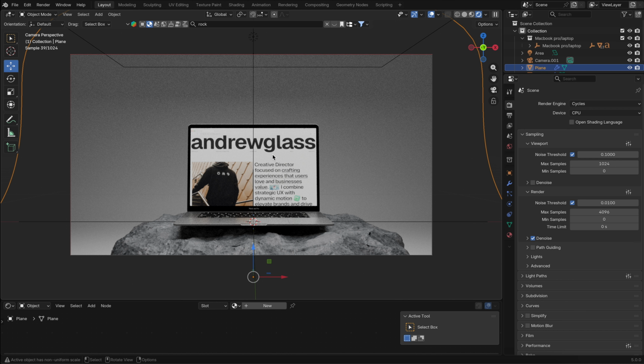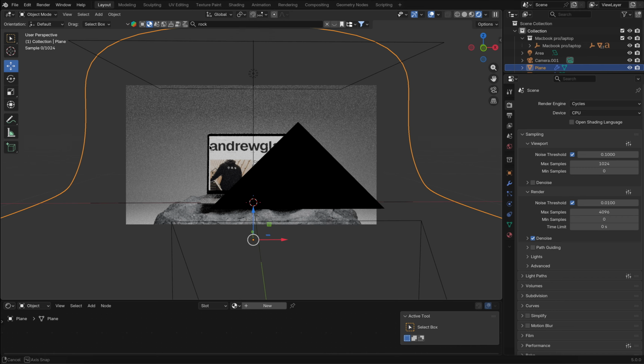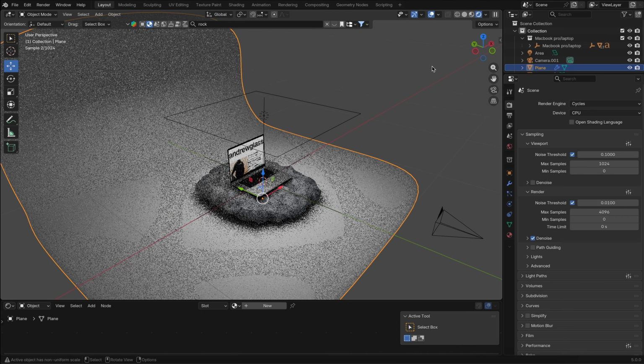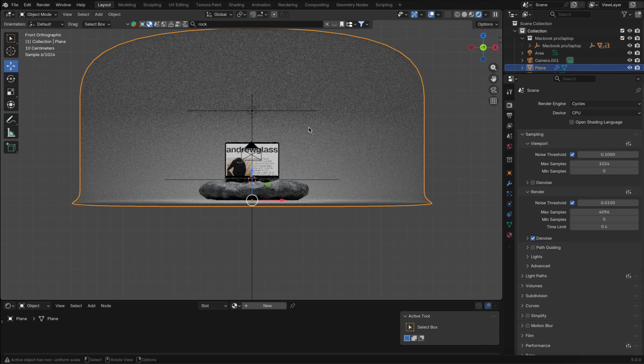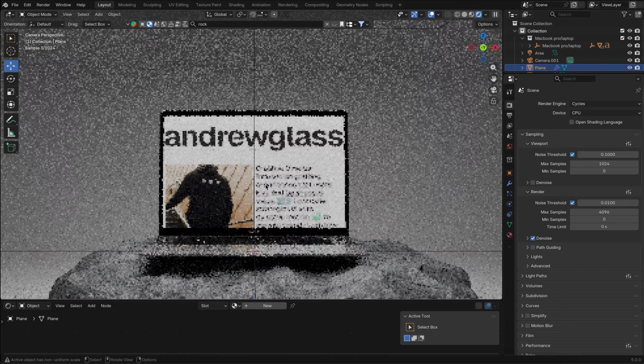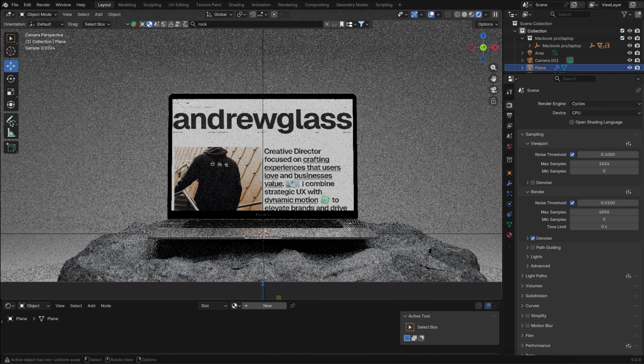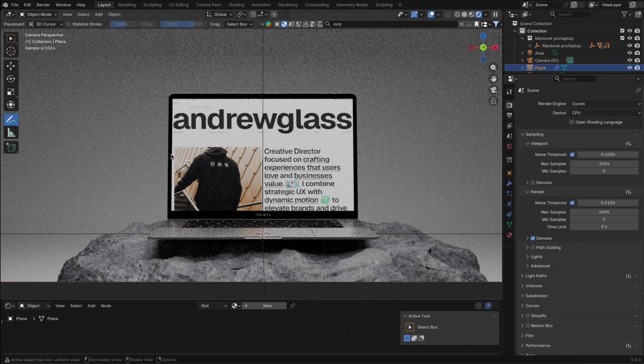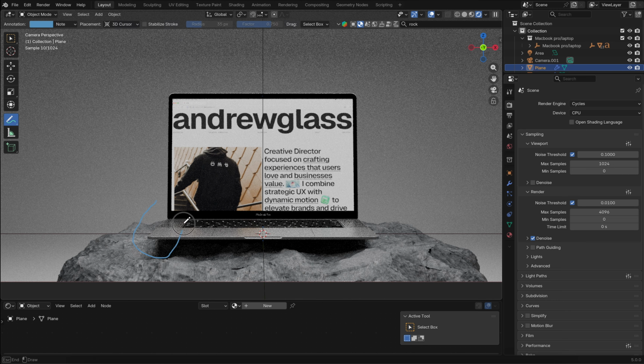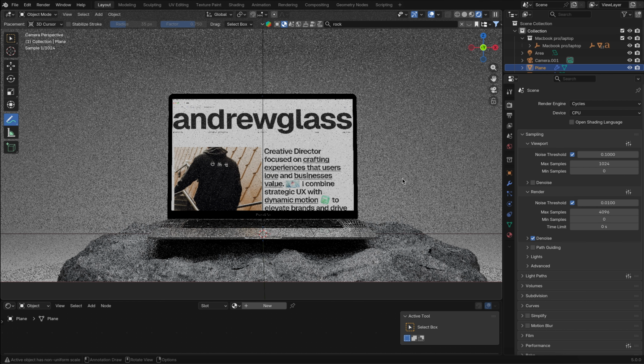So what we're gonna do next, we will add a few more light sources just to highlight some parts, right? So if I go back to the view camera, you can see that these parts right here, and from the other side, they do not have any reflexes, right? So I will probably use the most often used